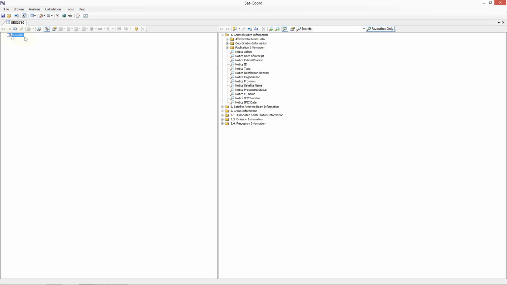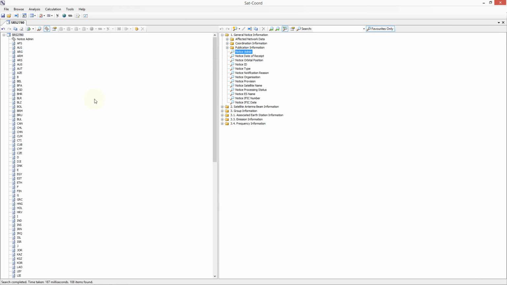In this example, I will perform a Notice admin search and then choose the UK administration and search for Notice satellite name. I will choose a particular satellite name and then perform the Notice notification reason search. I wish to send the coordination request data associated with this network to the frequency plotter. To do this, I need to select the coordination request output node and then click on the frequency plot icon